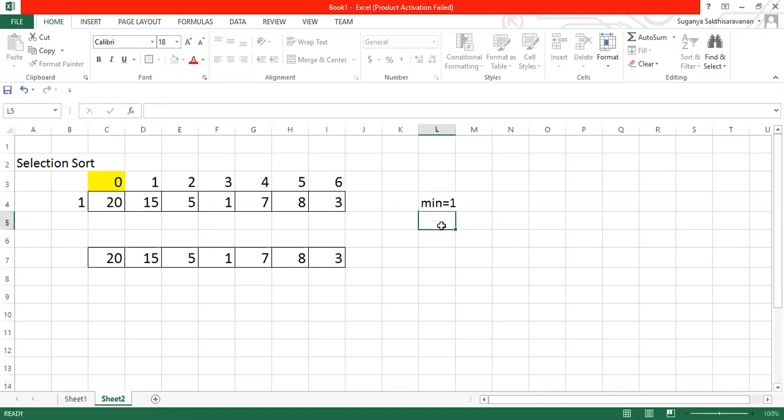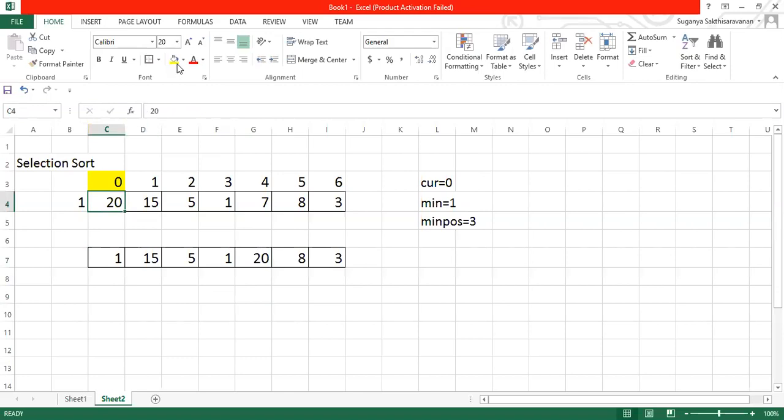And what is the position of it? The min position is, what is the minimum element position right now? The minimum element position is 3. And where is your index pointer right now? You're standing at the current position, which is 0, isn't it? So here I have found the minimum element is 1, which is not at the current position. Now I'll perform a swap operation. 1 comes here and 20 goes here. This is the first iteration.